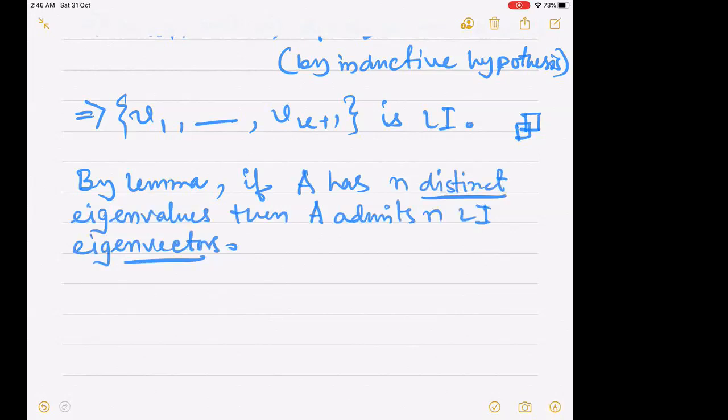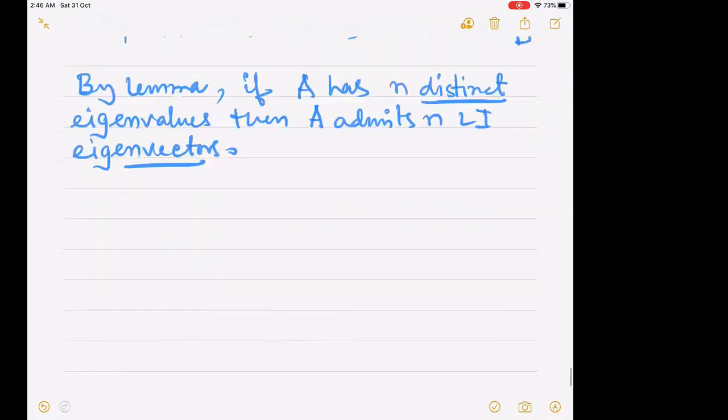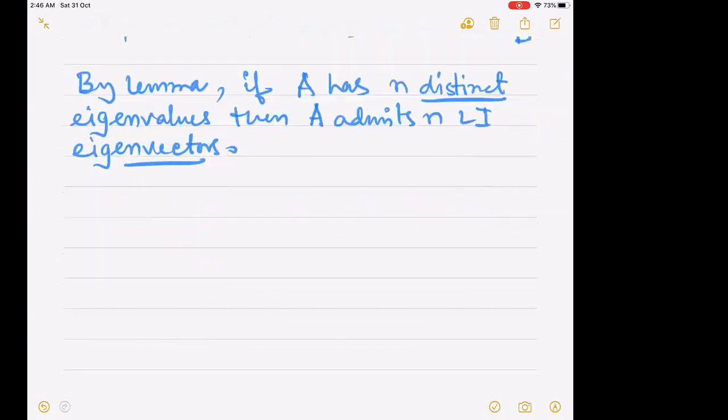So then, of course, in that case the matrix A will be diagonalizable, right? So to understand this proof by induction better, I will urge you to do this immediate attention problem, that do the proof